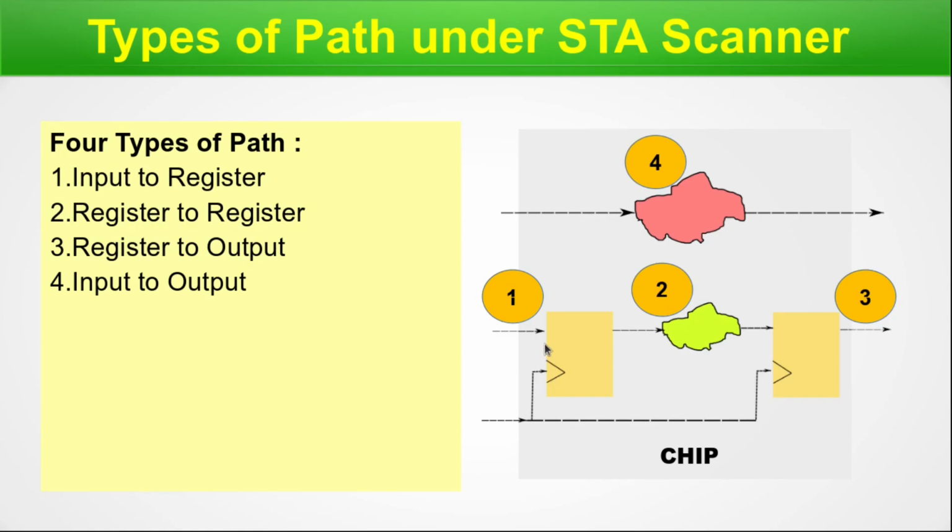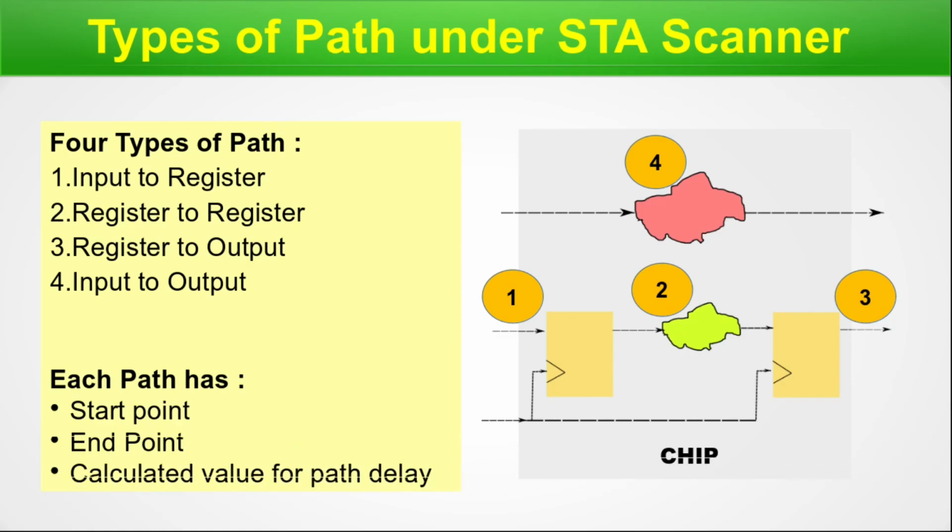So here let me do a clear demarcation. From here to here is 1, from here to here is 2, from here to here is 3, and from here to here is 4. For the rest of our STA series, we will deal with timing violations of these 4 types of timing paths. Remember it. Now, if you focus here, each path has a start point and an end point. There will be a calculated value of the delay. So guys, we'll see in further slides the actual example of such a path. We are done with this particular slide, so let's move on.